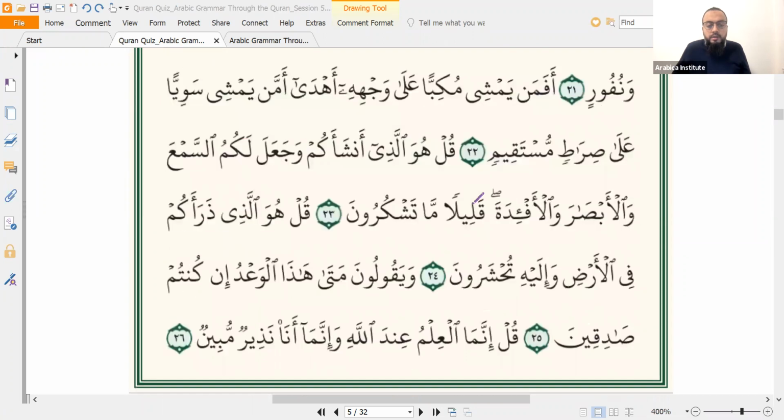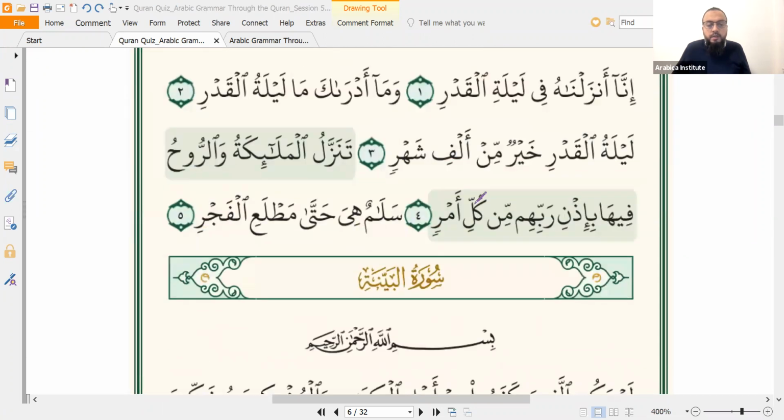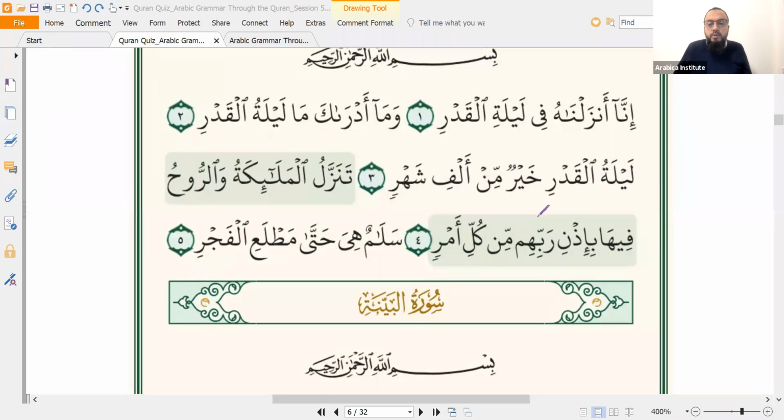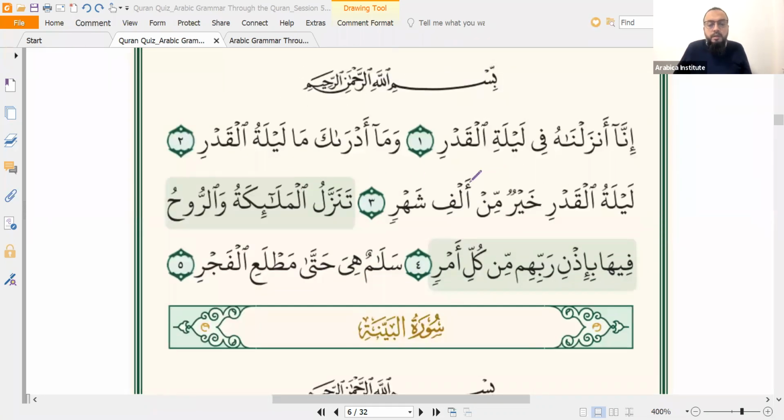Okay, let's move on. This is an interesting one. This is a surah you all know, Surah Al-Qadr. I'm interested in this verse here. Is this a perfect verb or an imperfect verb? Imperfect. Form 5. You know this one, don't you? I can't just see it. All right, so what's wrong with it then? It looks like a perfect. If I just had a fatha here, it should have another dot. If it was tanazzala, would that be perfect or imperfect? That would be perfect. Good.